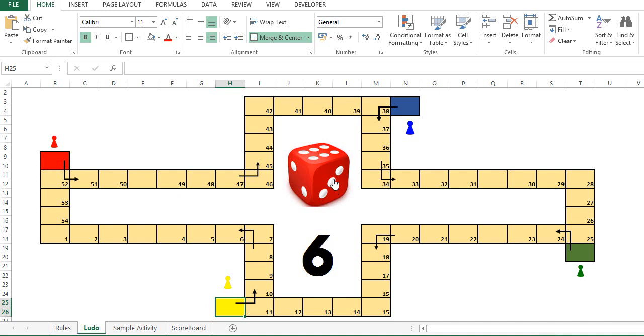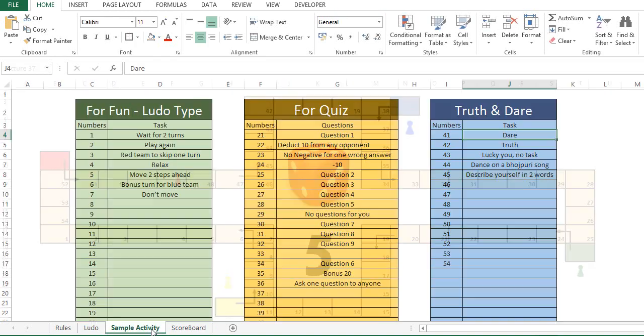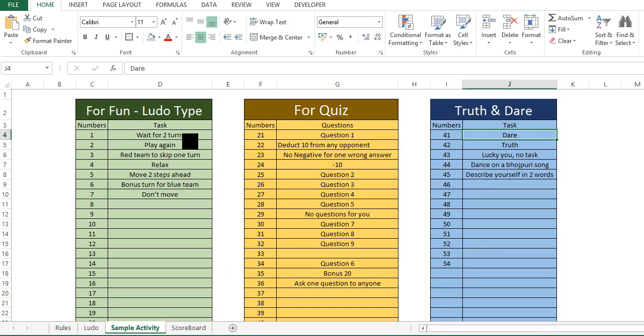It means you have again received the same number. For example, here we click, earlier we received 6, we clicked again and the number is 6. So the random number generated here is 6, as you can see. So let's say somebody starts for red, so it's my turn, so I'll play. I got 5, so I'll move from here 1 2 3 4 5, 49, and so I'll go to 49.